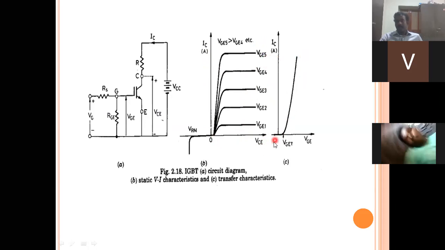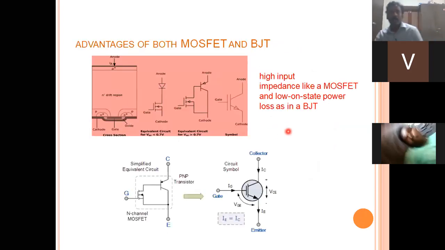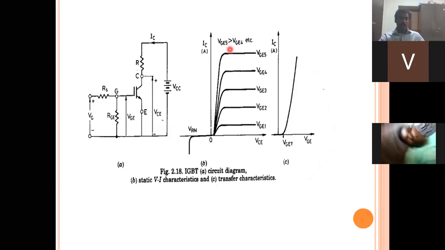And this is going to be the characteristics between the gate emitter voltage and the current. Both the characteristics of MOSFET and IGBT are going to be the same, but the main advantage with the IGBT is that on-state conduction losses are going to be less, and switching is going to be fast. So this is related to the IGBT. Simply you refer to the IGBT static VI characteristics and transfer characteristics of the IGBT, and we may consider the representation for these one second.